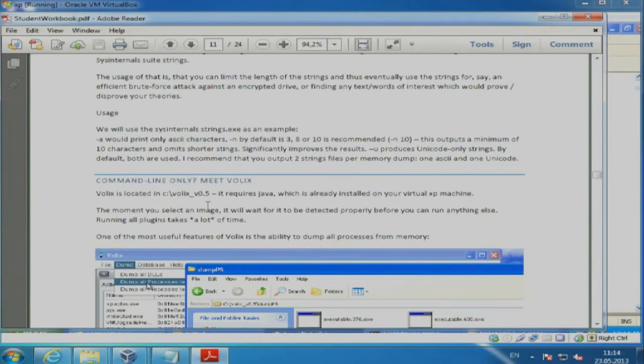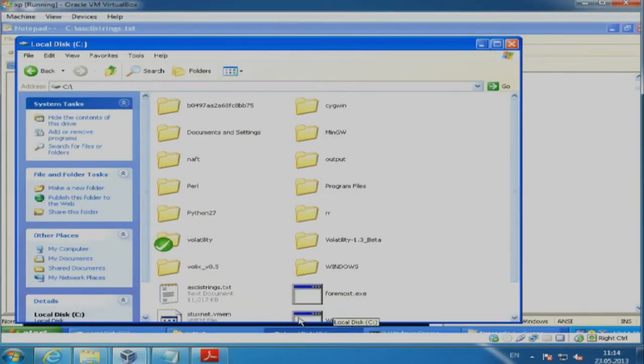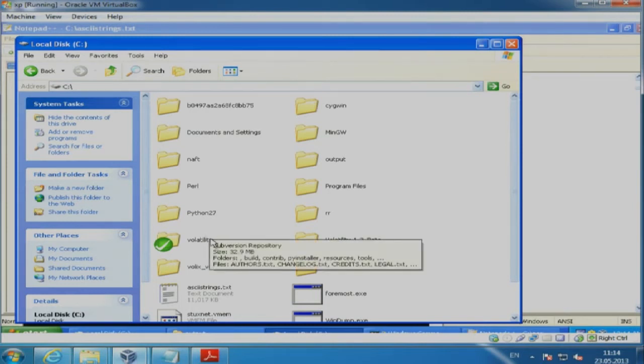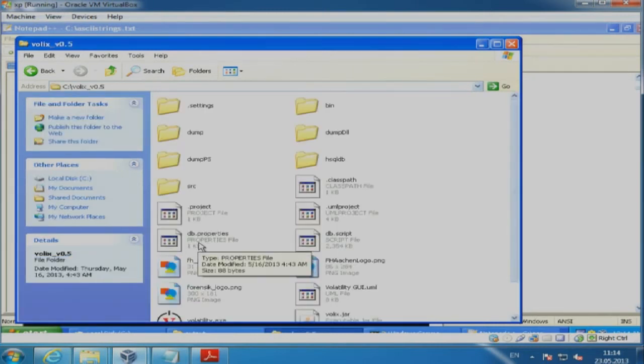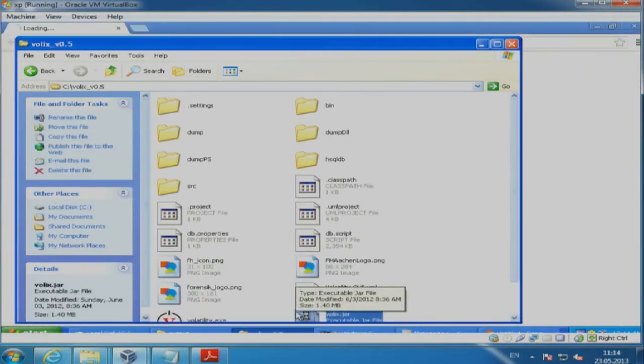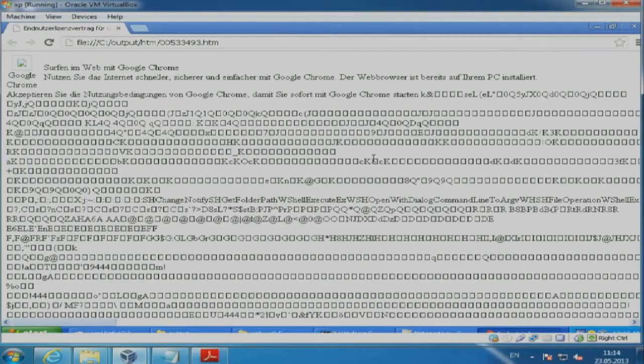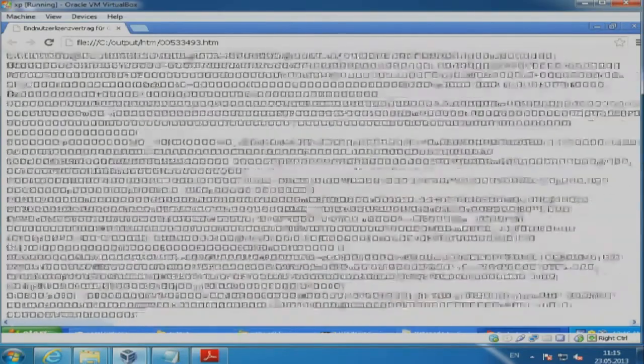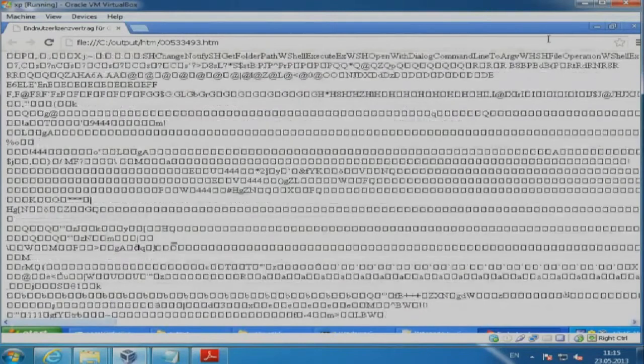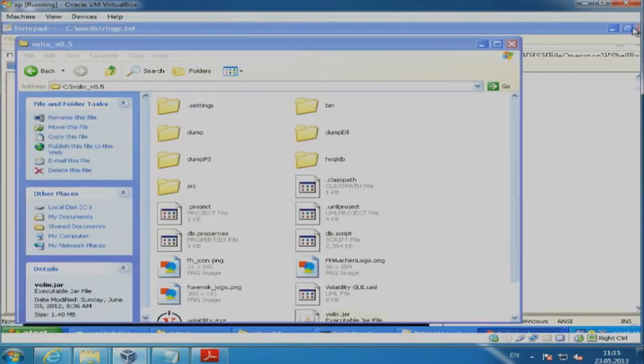Right, let's move on to Volix. The only reason I'll show you Volix is because it's a graphical user interface for Volatility. It's a very poor graphical user interface written in Java, which is also not nice performance-wise. But it's very useful in extracting any executables you want to extract and analyze later. Oh, that's our HTML. Obviously, that's from Chrome, and it's corrupted or not really an HTML. Anyway,